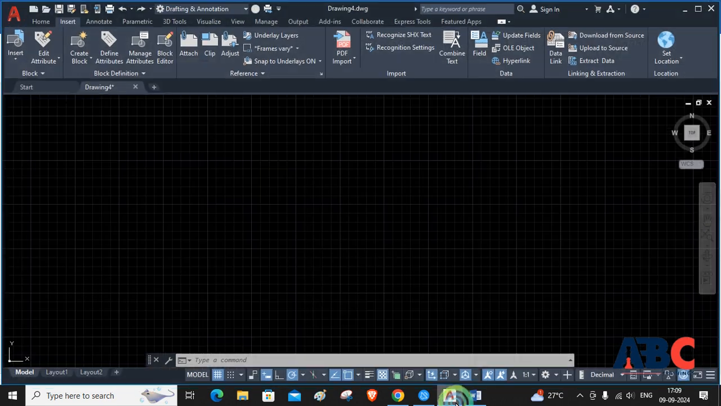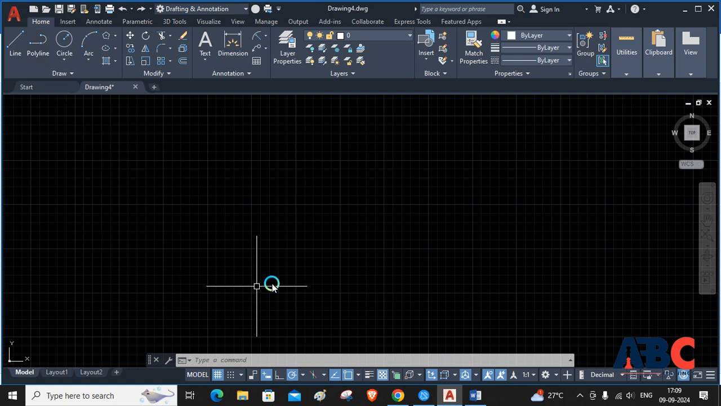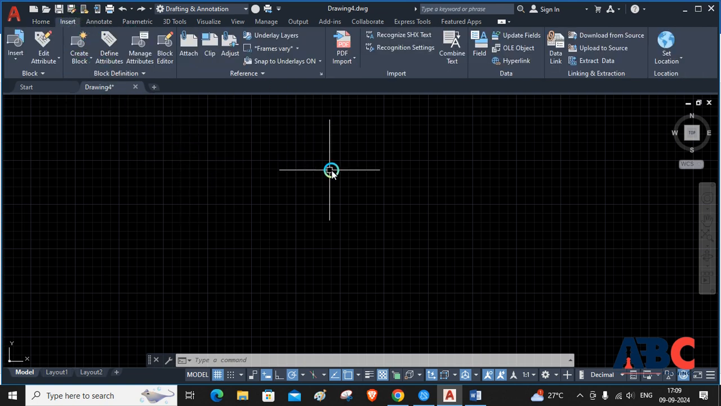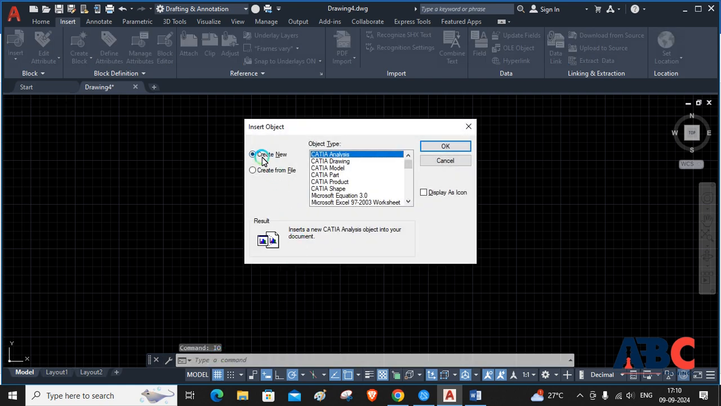Now we will see how to apply an OLE object. First, this is the Home tab in AutoCAD. Go to the Insert tab, go to OLE Object, or type IO plus Enter. This is how we can now create a new object. So Create New. I want a Microsoft Word